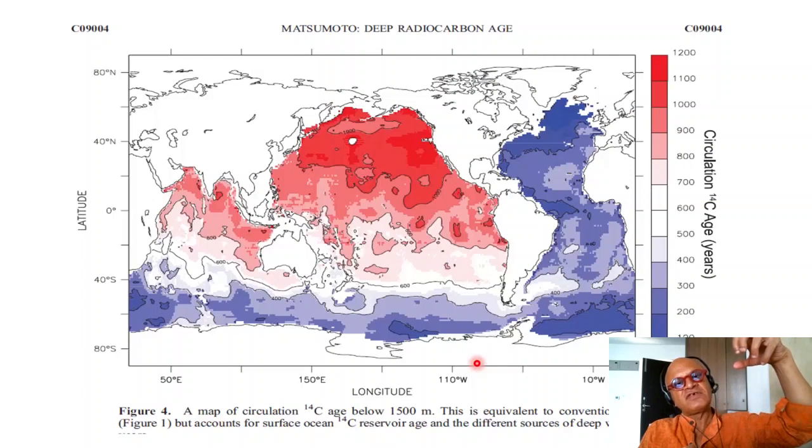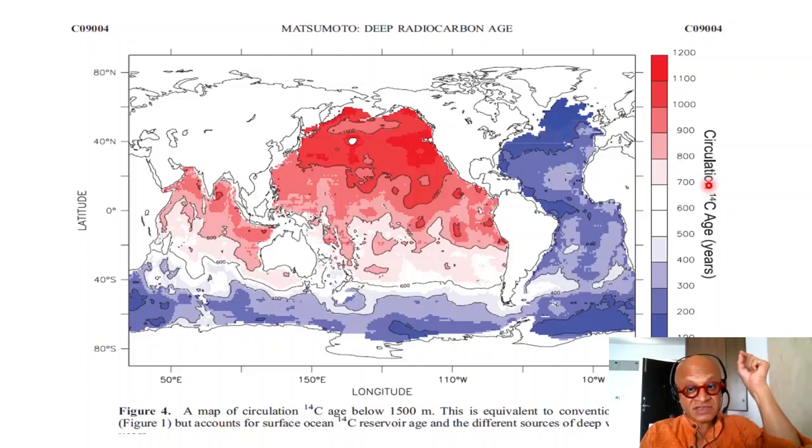The half-life of C14 is 5,730 years. So you can go to the bottom of the ocean, sample the water masses, and see where the water masses are most deficit in C14. And you can convert that into how old that water is, or when was the last time that water saw surface. Okay, as you would expect, where the water sinks, the age converted here into a circulation age, the water